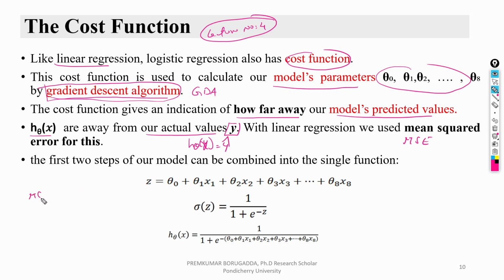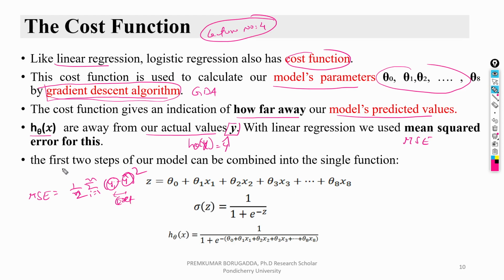So what is meant by mean square error? It is 1/n sigma i equals 1 to n (yi minus y hat) whole square, where yi is our actual values and y hat is our predicted values. This shows how far our model's prediction is off, which means we can find the error, which means we have to find the cost function.